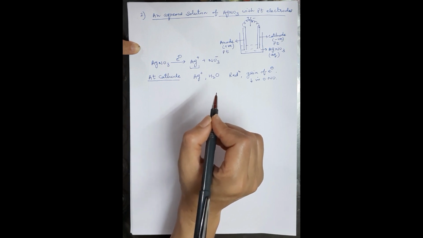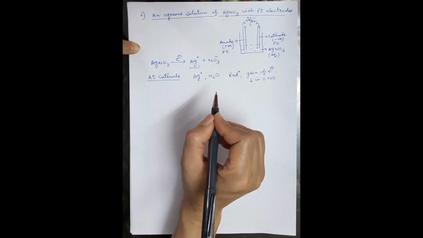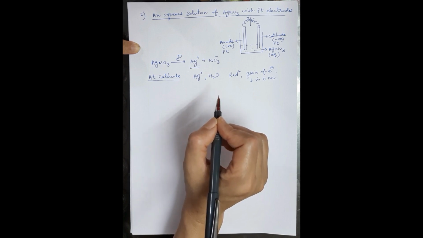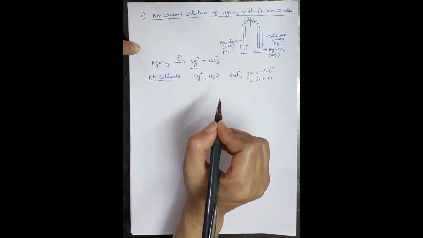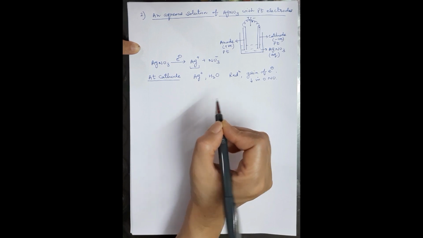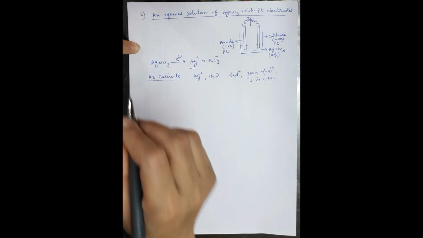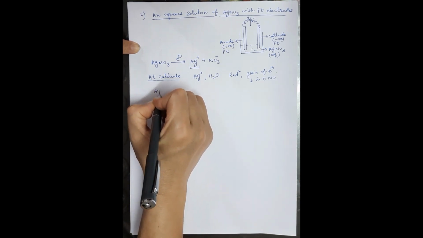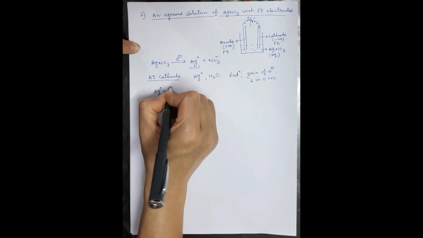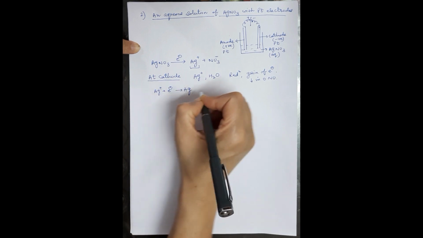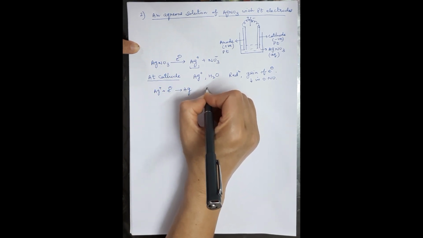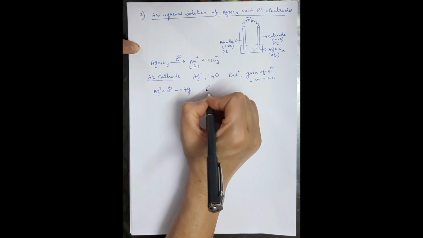In books they use the word discharge potential. Who will be discharged at the cathode? Who will be reduced at the cathode? The one which has higher reduction potential. Higher reduction potential means it has more tendency to undergo reduction. Let us see now. When silver undergoes reduction, it makes this equation, and its reduction potential is,